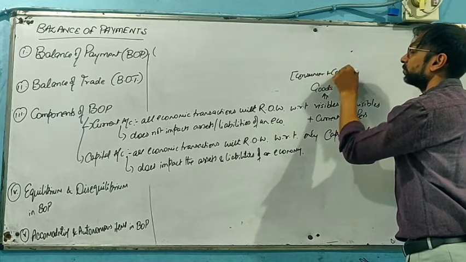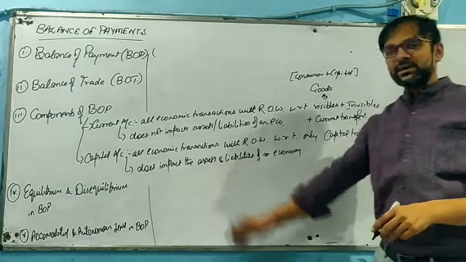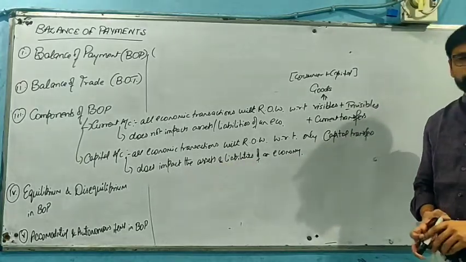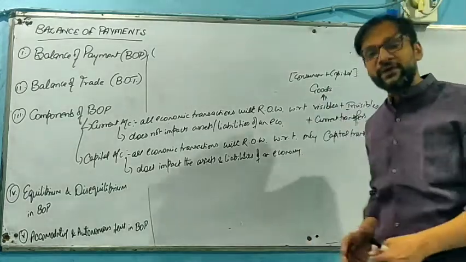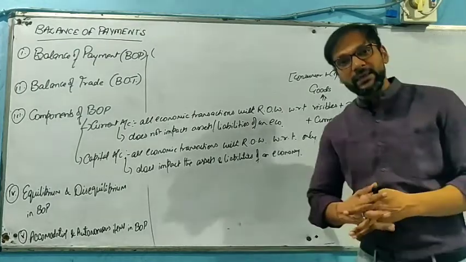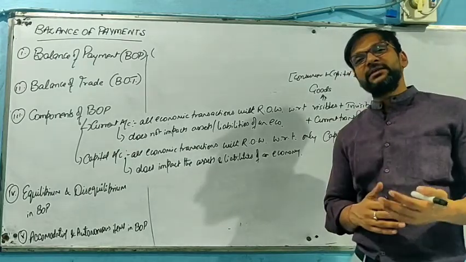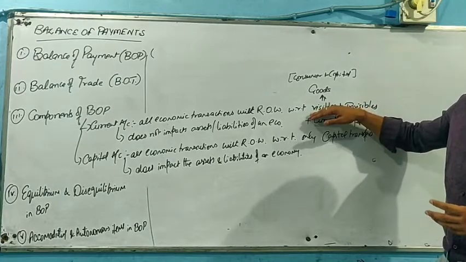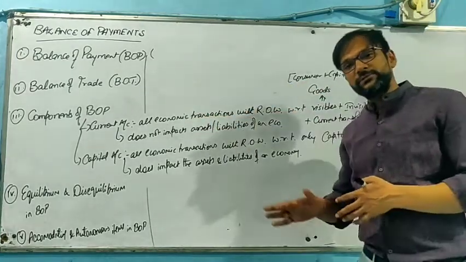It means you cannot say that capital goods will be included in capital transfer because they are impacting the assets and liabilities of a producer. No. Here we are concerned with the goods that are movable, that are transferable from one place to another. Therefore, a machinery can be imported as well as exported between countries. So they will be included as a visible item or goods, and they will be shown in current account.